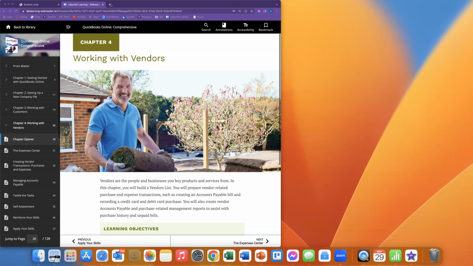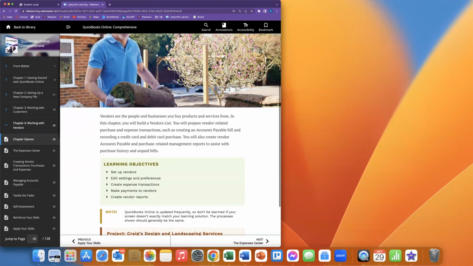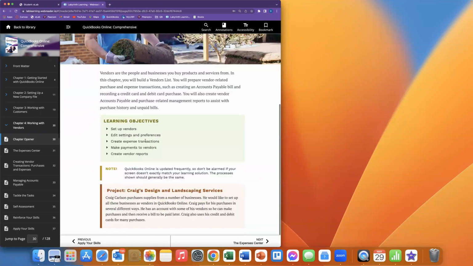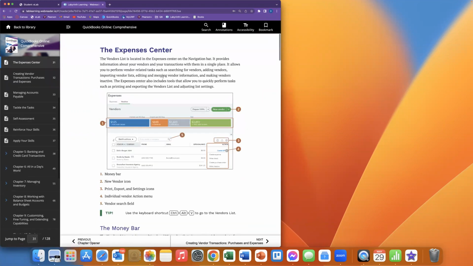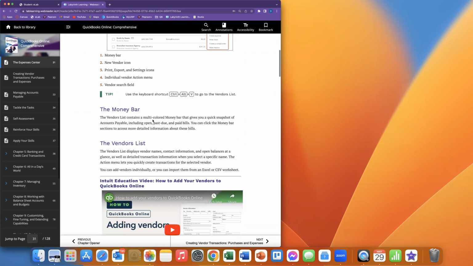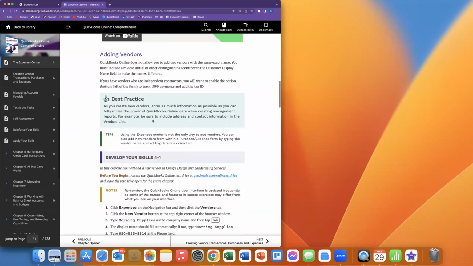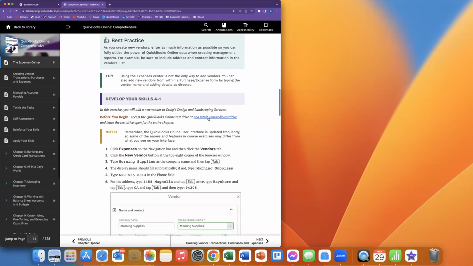All righty, so we want to go in our QuickBooks, but we're not. Okay, let's go through here. We're going to set up, edit settings, preferences, all kinds of good stuff. So please read that. Also, please go here and read that, watch the video. These are really good videos. And then we're going to go in our